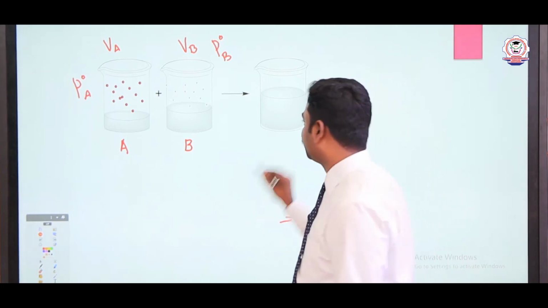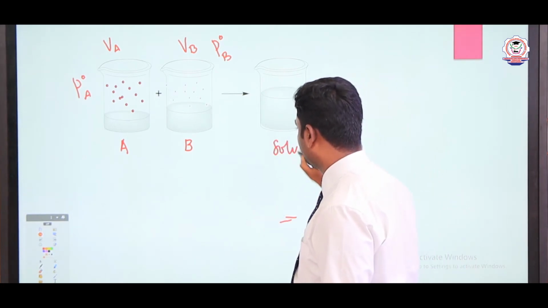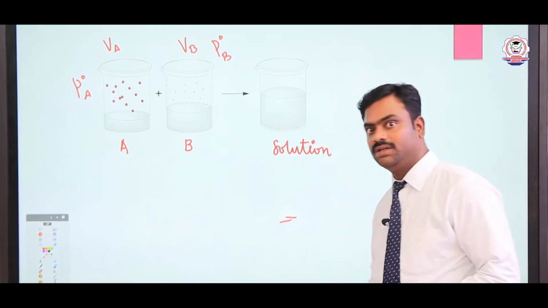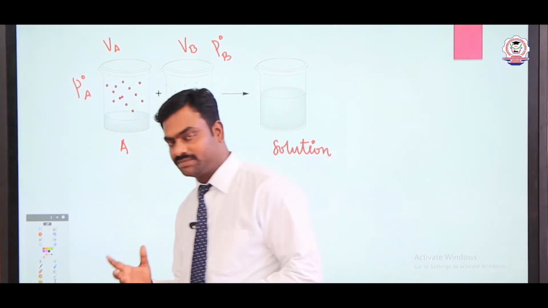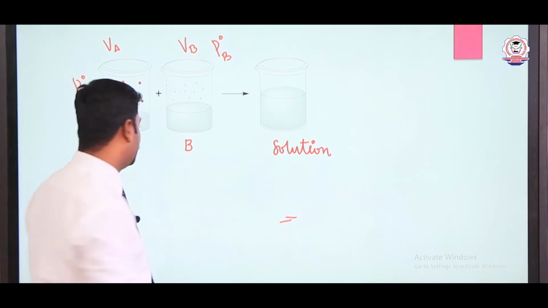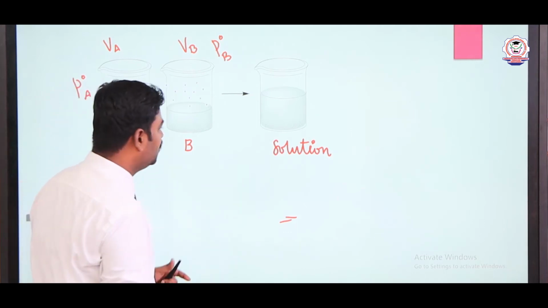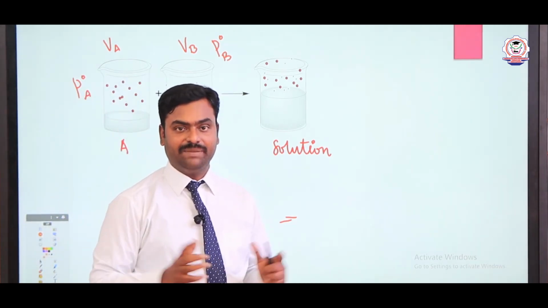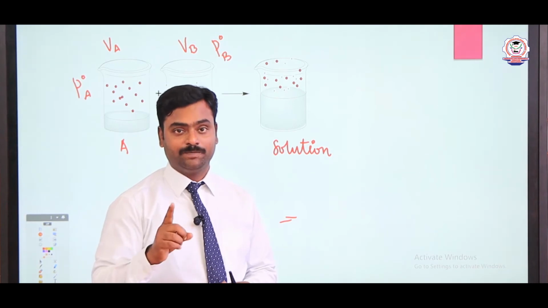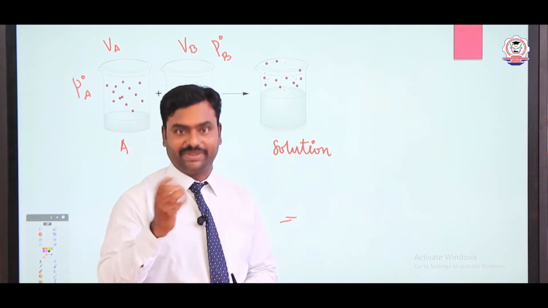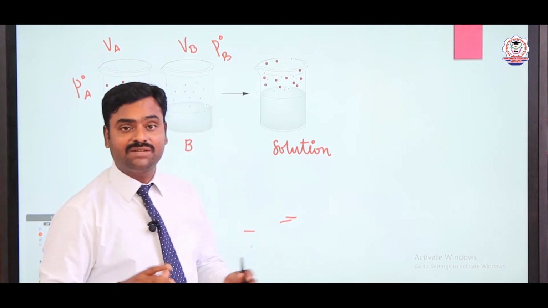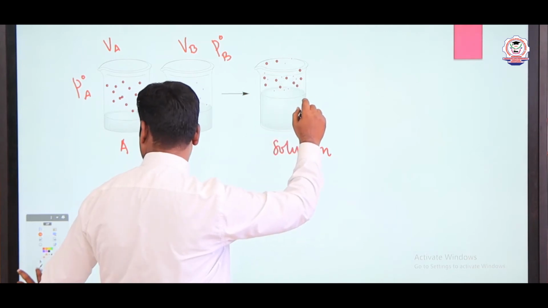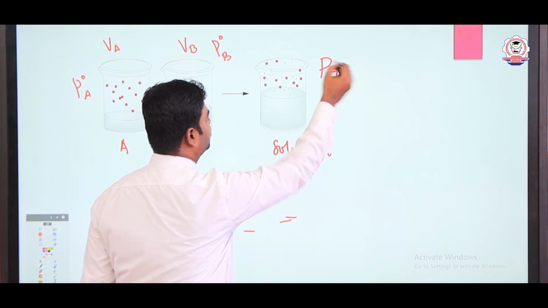So, this is a solution. Now, even though it is a solution, it also contains two liquids in it. So, it also creates some vapors above this solution. The vapor also exerts some pressure, but now we have two different vapors, vapor A and vapor B. Because of that, the pressure must be called the total pressure, PT. So, what is PT?